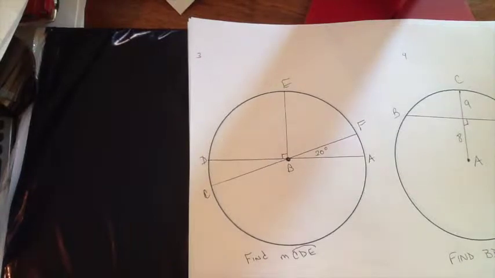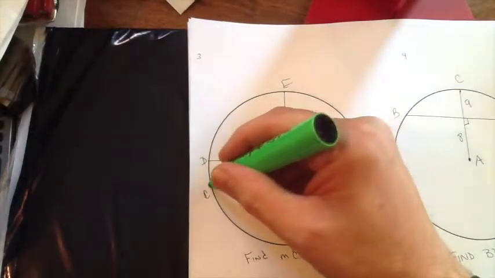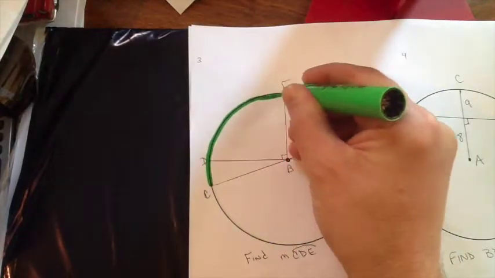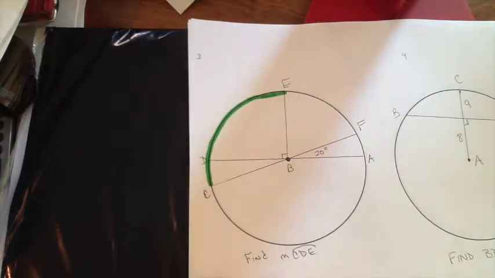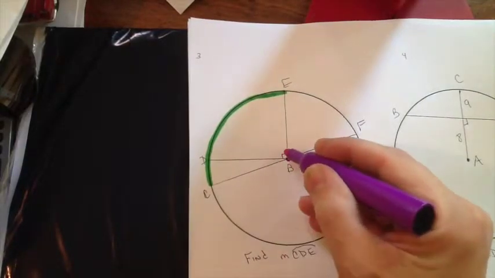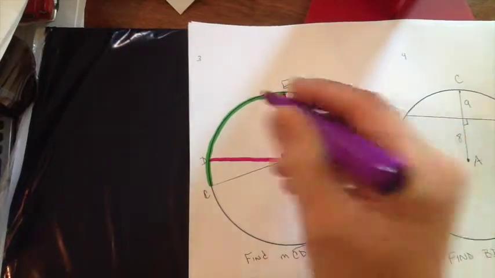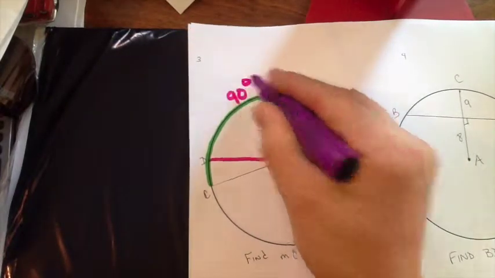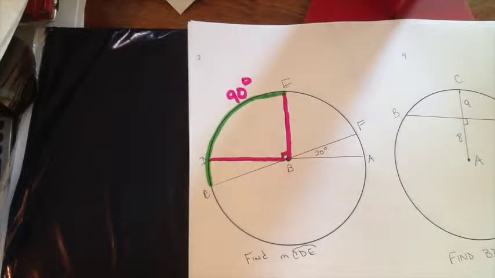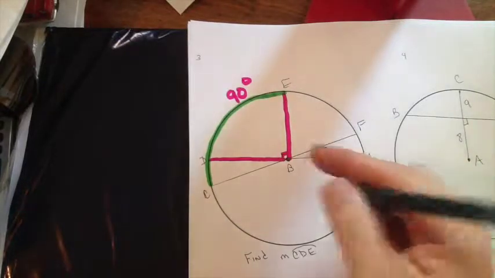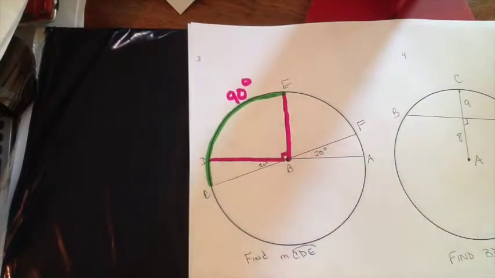The first problem asks us to find the measure of CDE, and that's right here. So it's a good idea to mark what you're looking for. So if that's CDE, let's see, what else do we know about this drawing? Well, we know that since this is 90 degrees right here, by definition, this has to be 90 degrees. We also know that because these are vertical angles, this has to be 20 degrees over here, and that means